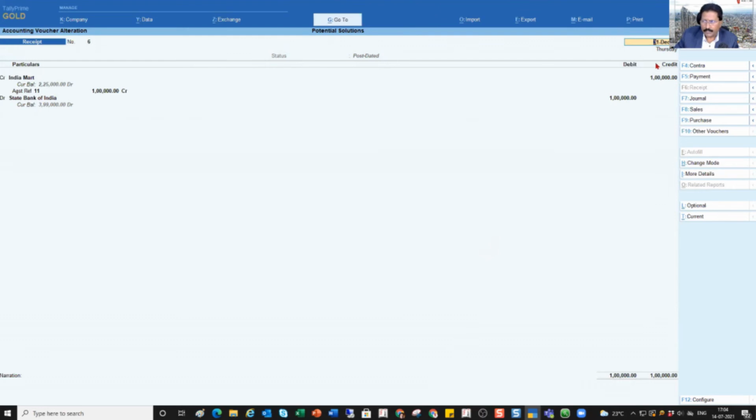That means this 1 lakh rupee is not going to impact your bank balance as on today. Today is 2nd of December for this company. It is going to impact only on 31st of December. Similarly, the balance outstanding of 1 lakh against this invoice as on 2nd December still stands outstanding till your current date reaches 31st of December. Okay. So let us see the report now.